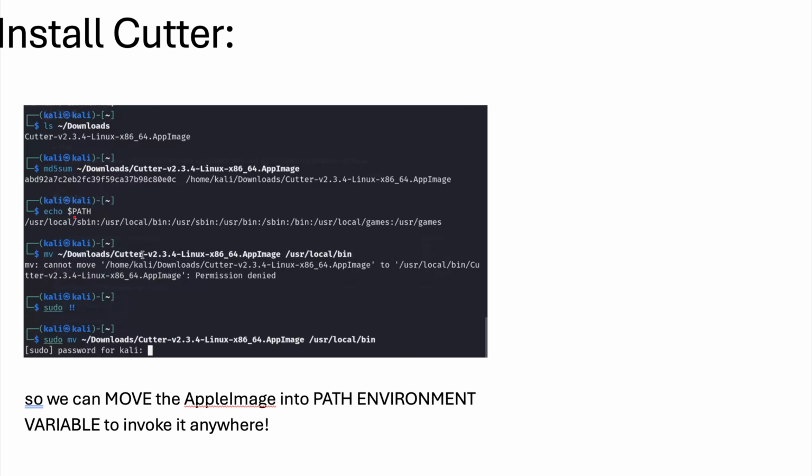But the problem is anytime you manipulate that path, or anytime you want to move one of your applications to that path, you actually have to use sudo, because anything to do with that path requires the highest of privileges. So you have to authenticate yourself first, and then you can move it. So the idea is to move the AppImage program into the PATH environment